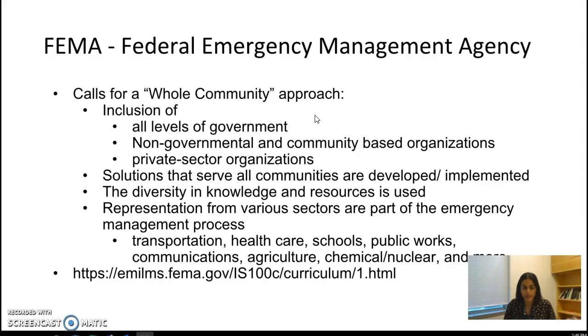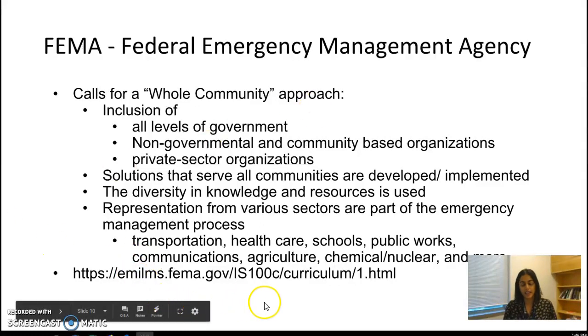They even coordinate with the transportation sectors, healthcare, schools, public works, communications, agriculture, chemical, and nuclear departments, and more. There's more about FEMA on this website,